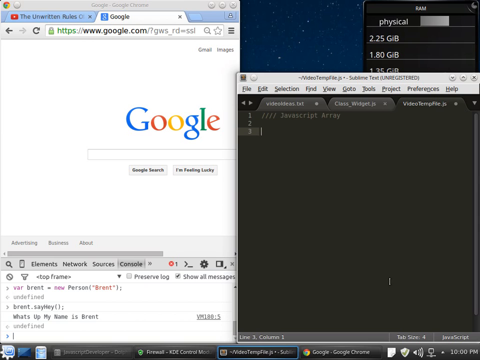Today we're going to learn about JavaScript Arrays. An array is like a list or a group of things. So how you write an array in JavaScript is, alright, we're going to have a list of games or something, and the syntax for it is